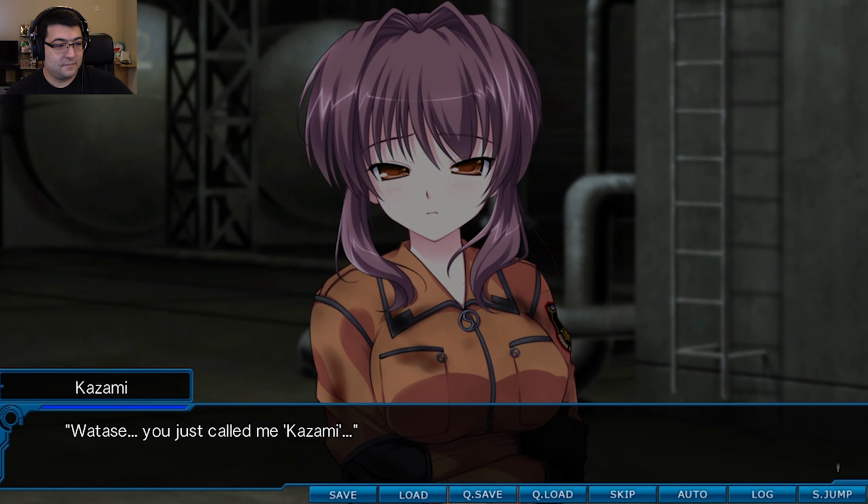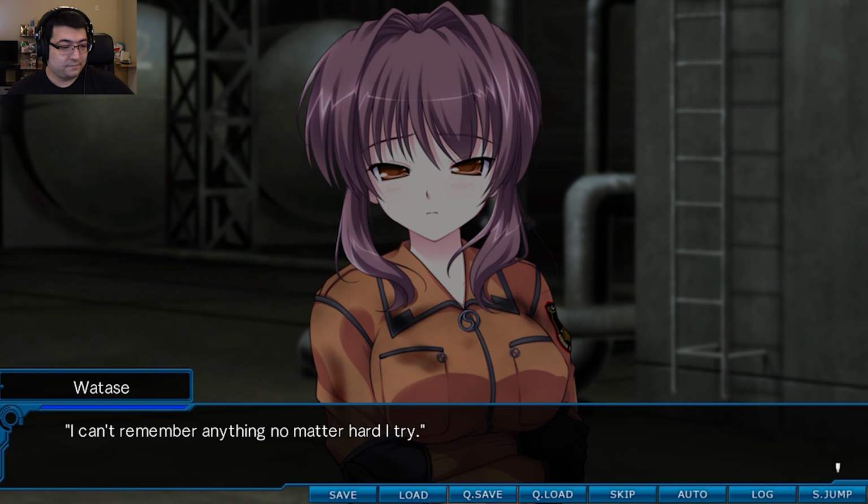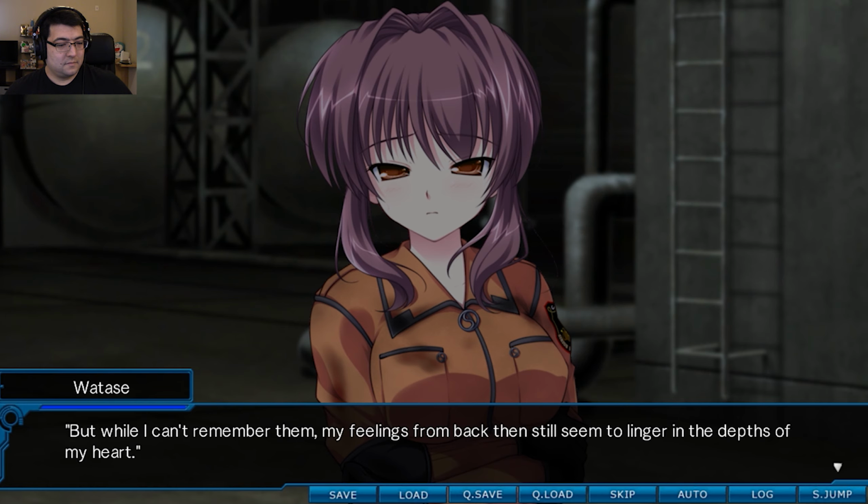あなた今風見って記憶が戻ったの？ いいや。 Watase answered her honestly. どうしても思い出せないんだ。お前と付き合っていた頃のことも、どうして別れてしまったのか。だけど記憶が戻らなくても、その頃の思いは心の底に残っている気がする。